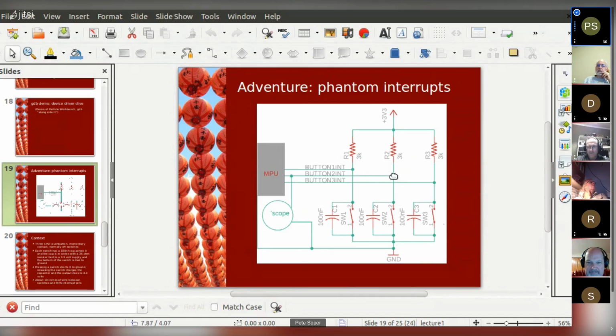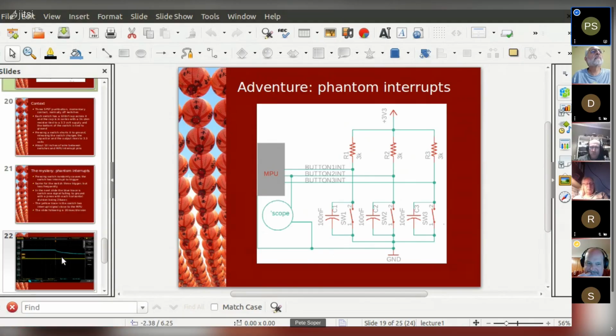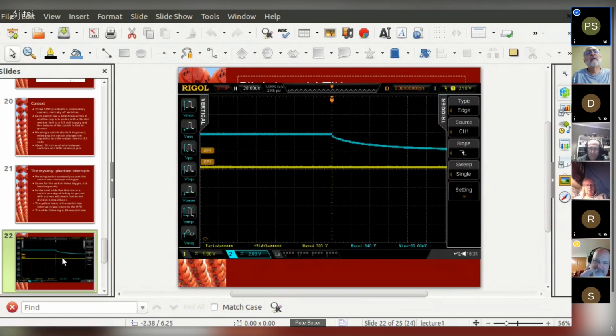It goes from 3.3 volts down to ground in about a microsecond, and it sticks there like glue. But for some reason, actuating one of these switches causes a transient, and here's what it looks like.